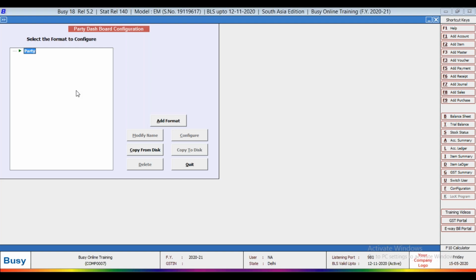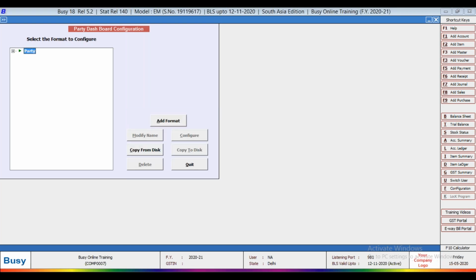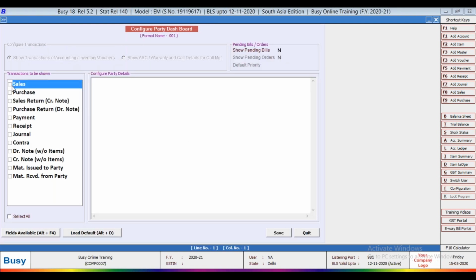We have already defined the party dashboard configuration. If you require some other changes, then you have to add a format according to your requirement. Suppose you have created a format 001 and configure whatever you have defined in the sales transaction to be shown. When you make a sale invoice, whatever you require, show pending bills.